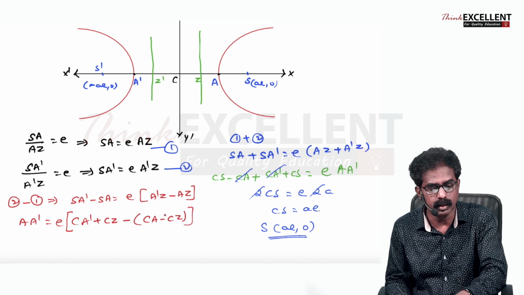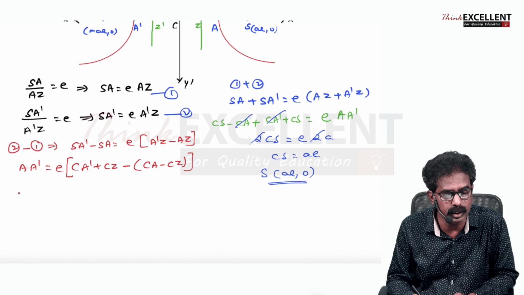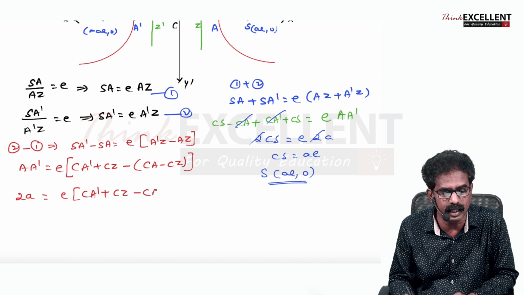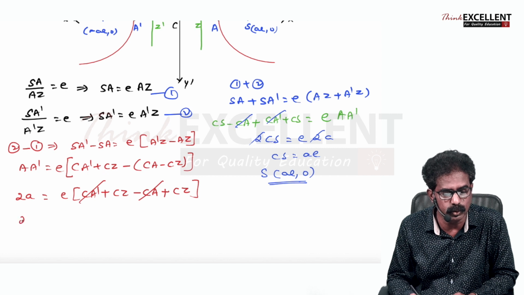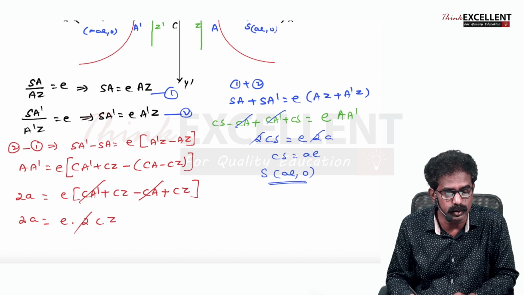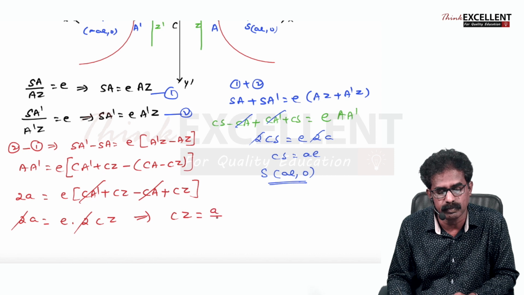So now that minus you multiply. So AA dash is 2A, E into CA dash plus CZ minus CA, minus into minus is plus CZ. So cancel CA dash and minus CA. So 2A equal to E into CZ plus CZ is what? Twice CZ. Cancel 2 on both sides. So you are getting CZ is equal to A by E. So two results. The same thing we got in